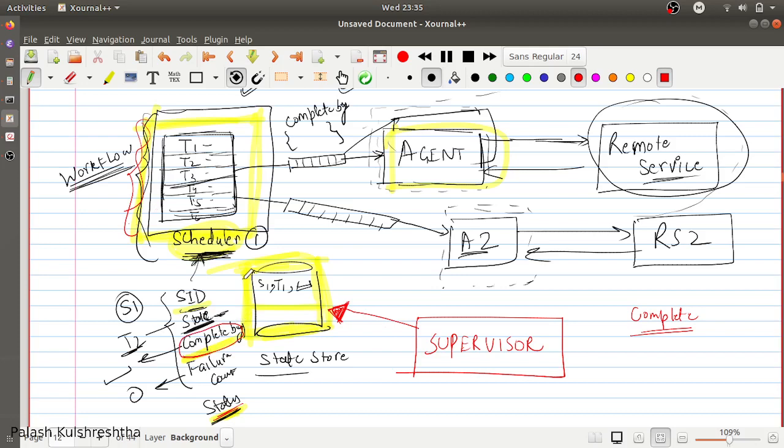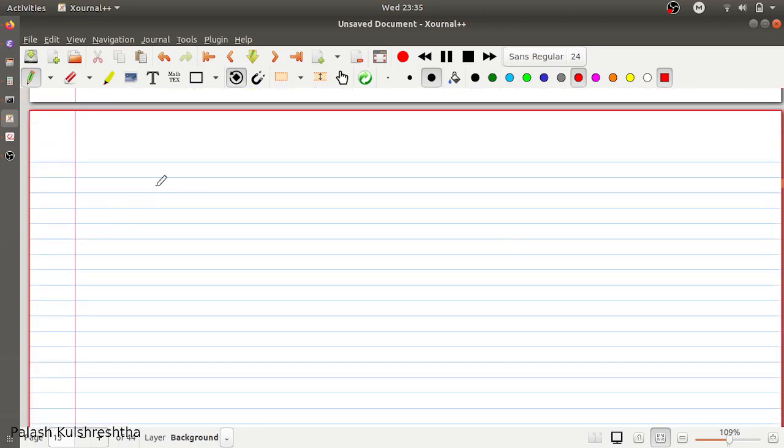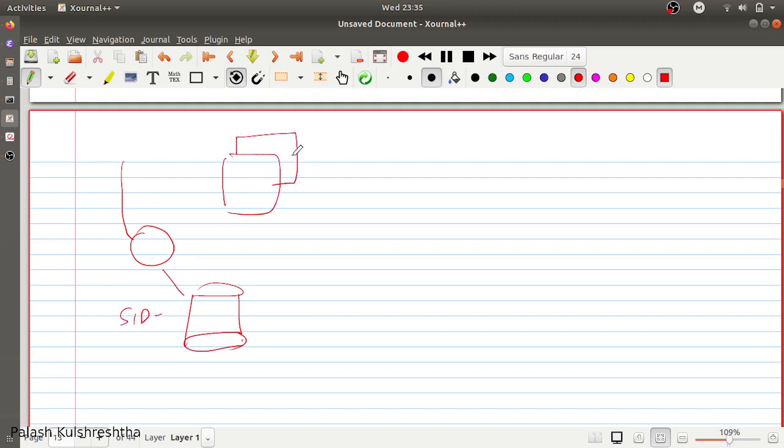Also, we have missed one thing. How is a scheduler picking a particular workflow? So what happens is a request comes, that request is stored in the state store, and its scheduler ID is null. Now there are multiple schedulers that are running.